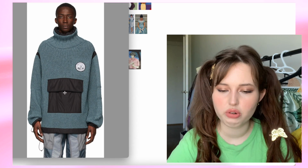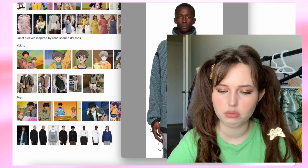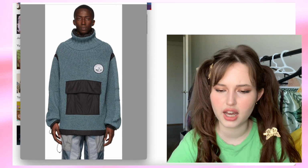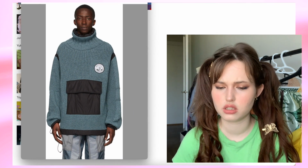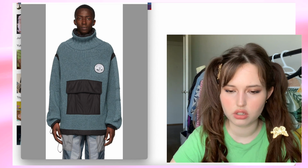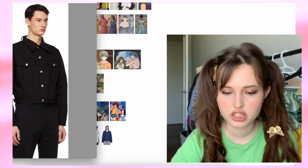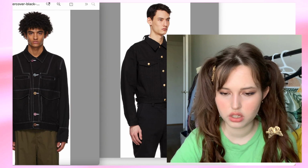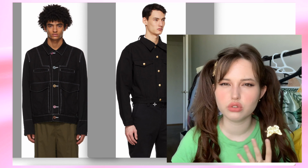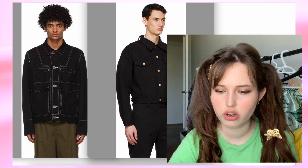This type of thing reminded me of the sweater that I have the image of right here. Obviously a little bit different because this one has a little bit more of a sporty vibe to it because of the adjustable elastics. It's in the same kind of vein in terms of the thick collar. I've also put this jacket here, and I think that the one on the right is more fitting because it's a little bit shorter and it would look more like the outfit that he's wearing in the show,